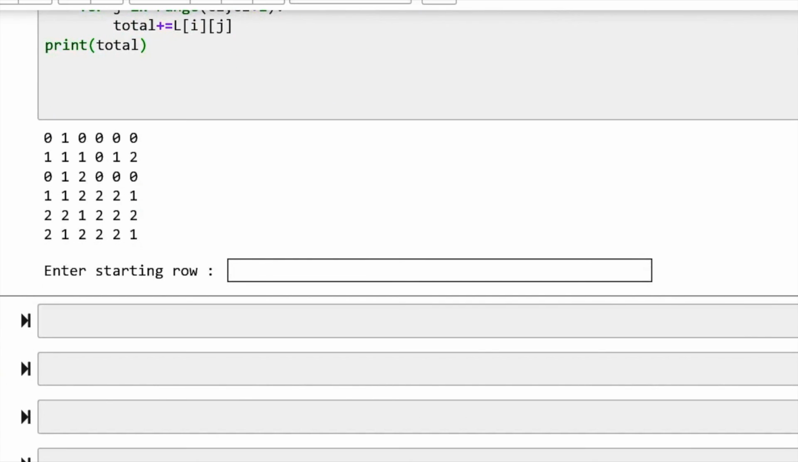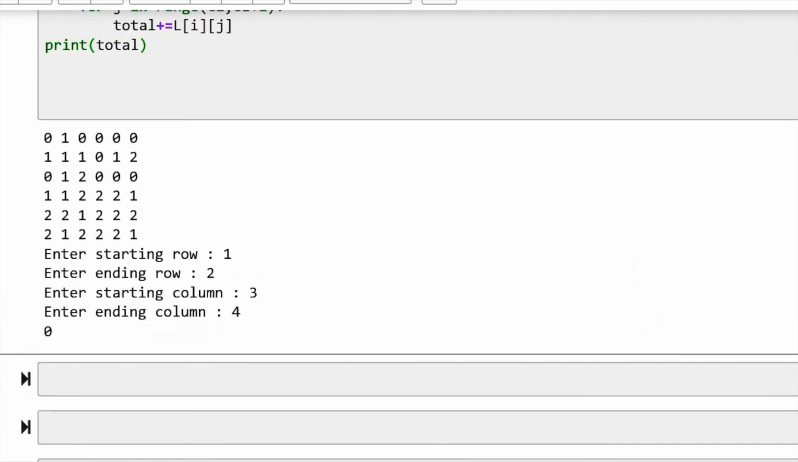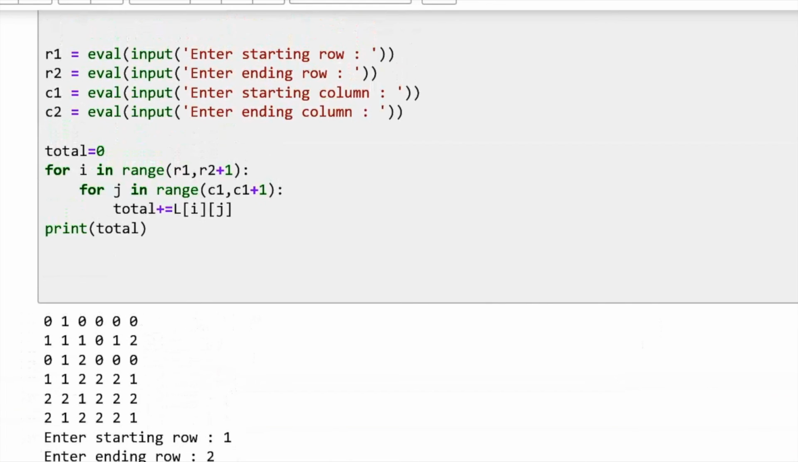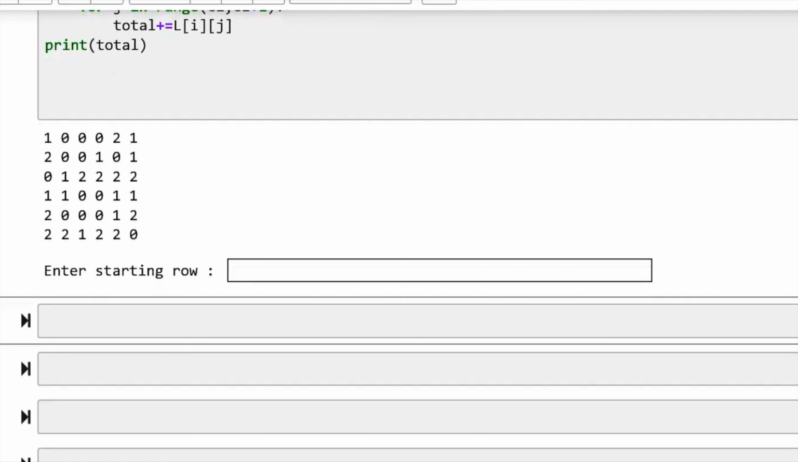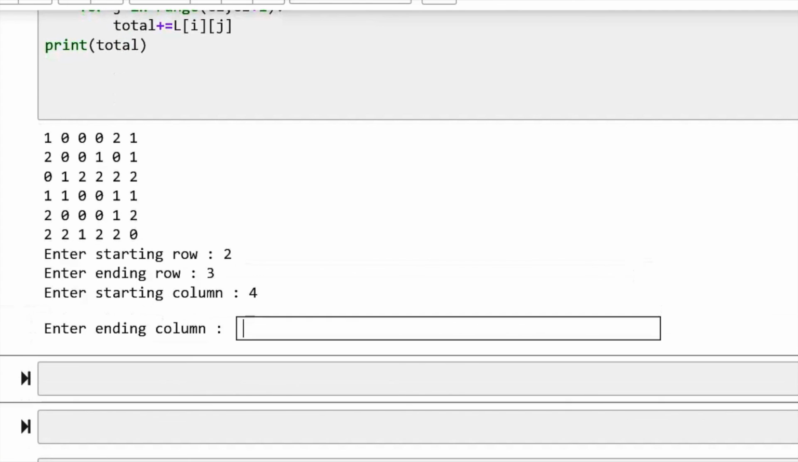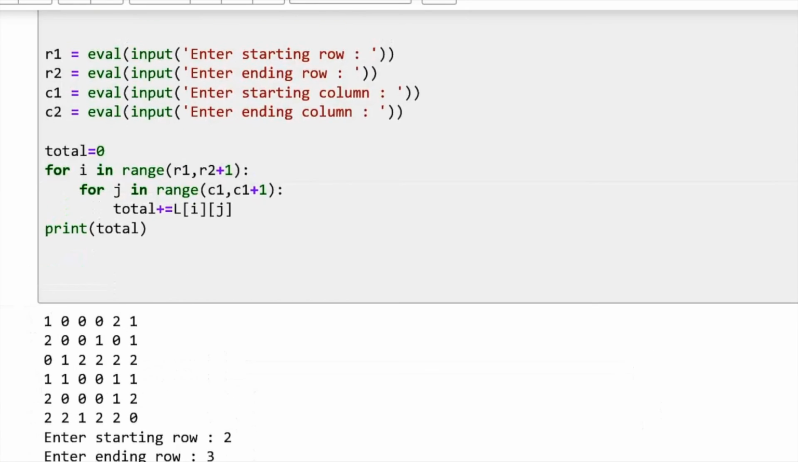Let's say 1, 2, 3, 4. Okay, it says 0. Let's try again. 2, 3, 4, 5. It's 3. So this is it,